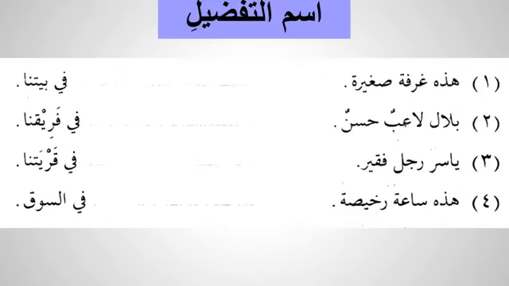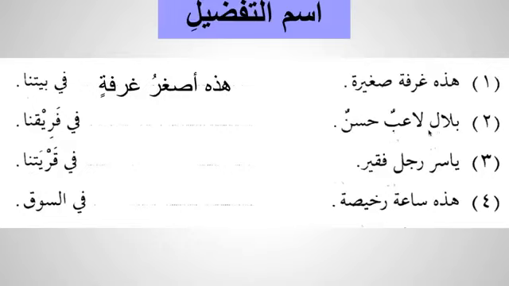So if you see, let's follow these examples here. هذه غرفة صغيرة. So how do we make it? هذه. So صغيرة is the noun, so we have to make it ism tafdil. That will come first. هذه أصغر. أصغر غرفة followed by ism majroor. Here it is هذه غرفة because it is khabar, it is marfu. We know this, and this is صغيرة because it is naat. So here it is هذه أصغر غرفة في بيتنا. It is the smallest room in our house.